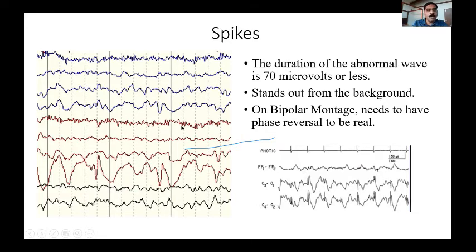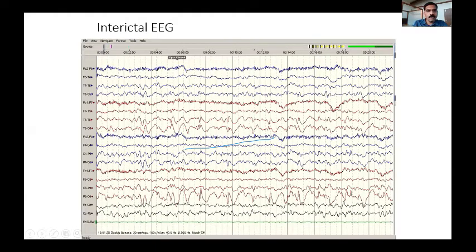This is the same record that I had zoomed. This is the actual record here. You can see in the T5 lead, you find these spikes here. They are less than 70 microvolts and they're standing out from the background. You can make out this is the background activity, and this is standing out from the background here. So this is epileptic activity, epileptic spikes coming from the O1 lead here. Along with this epileptic activity, you find some amount of slowing in the lead here. We call this symptomatic occipital epilepsy, or focal epilepsy arising from the occipital leads.